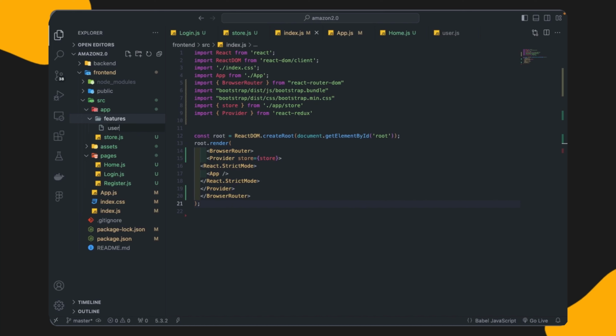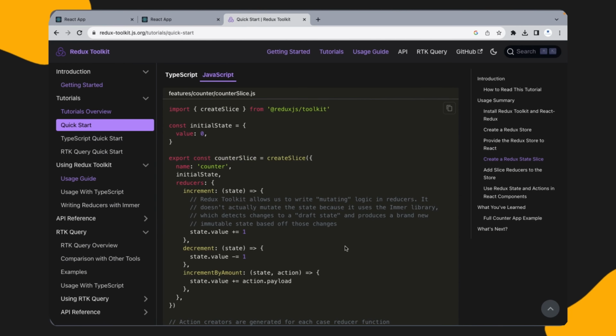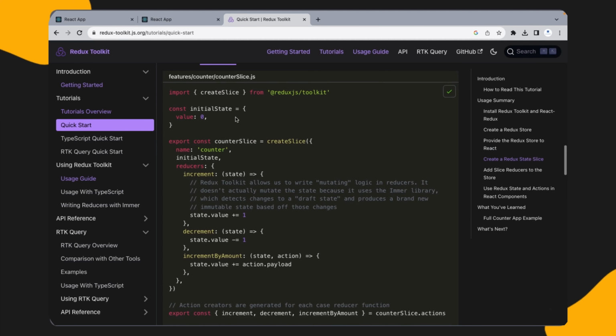This time we are creating it for whatever data is coming from the API. When we log in, we send the user's data, and if the credentials are correct, then we will store it inside Redux. So we need to create a file user slice dot js. In this file we need to copy and paste the code which is given here.